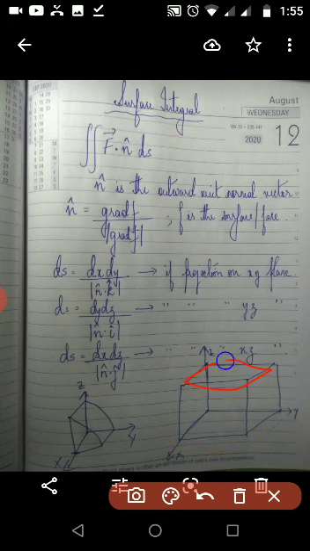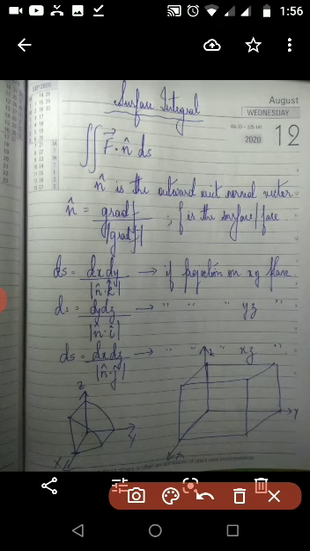I have one surface here, one surface here, one behind, one here, one right in front facing us, and one at the bottom. So in all I have 6 surfaces. Alright, so I can perform a surface integral over each of the 6 surfaces of this cube and add all 6 of these surface integrals, and I will get the surface integral for the whole cube. Now how do we perform the surface integral over each of these surfaces?